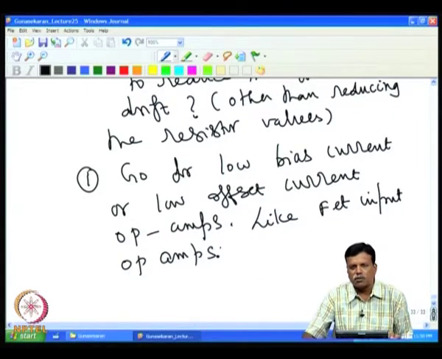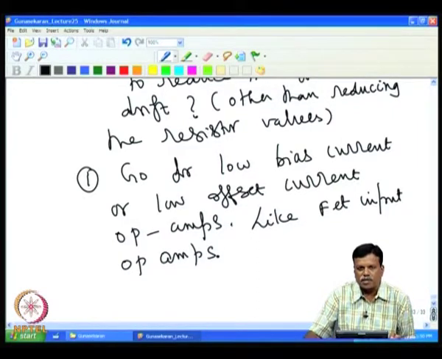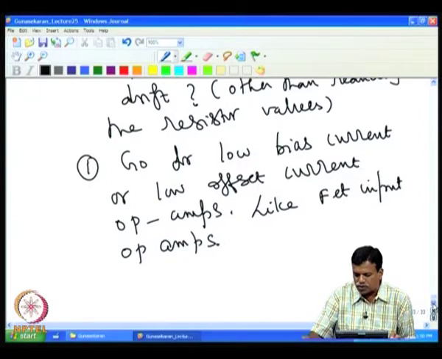So, if I use a low bias current op amp, obviously offset current will come down, and offset current drift also will come down. For example, FET input op amps are a good choice to reduce the